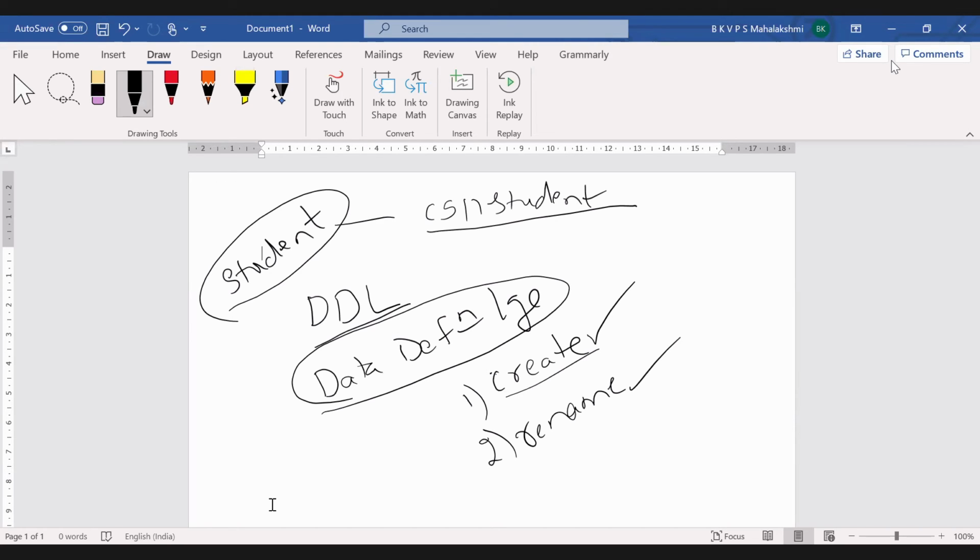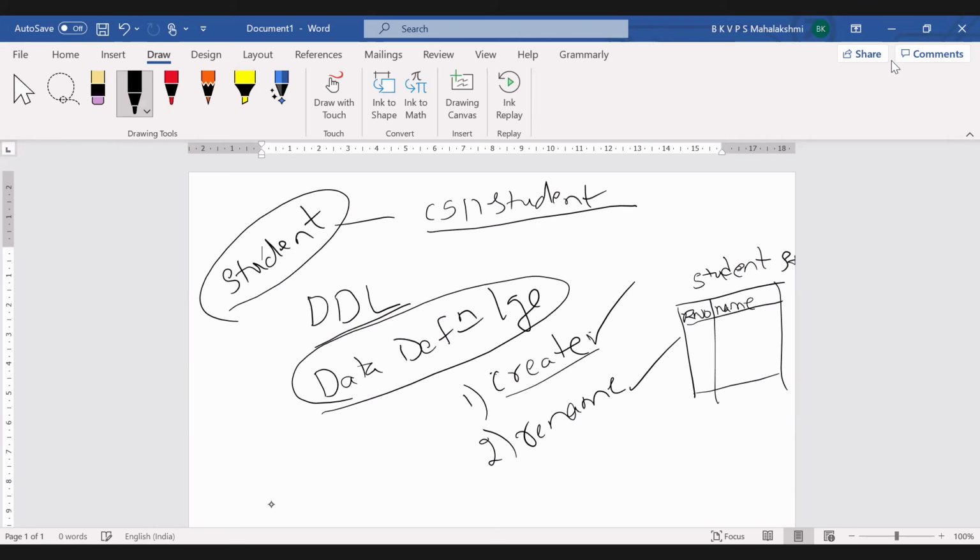One more thing I want to tell you. Suppose in the student table you have taken the attributes roll number and name.